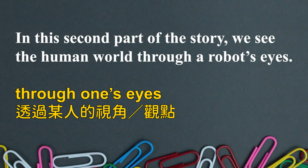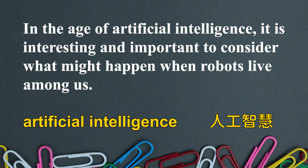Let's continue here. In the second part of the story, we see the human world through a robot's eyes. 好，再来我们看这个地方，他说，In this second part of the story，就是 in the sequel，在第二集荒野机器人大逃亡的过程当中，we see the human world through a robot's eyes。如果你今天是透过机器人眼睛去看待我们的人类世界，平常我们因为自己就过着平常的生活，习以为常了。可是你透过不同的人去观察一些事情的时候，哦，那会是不一样的观点。